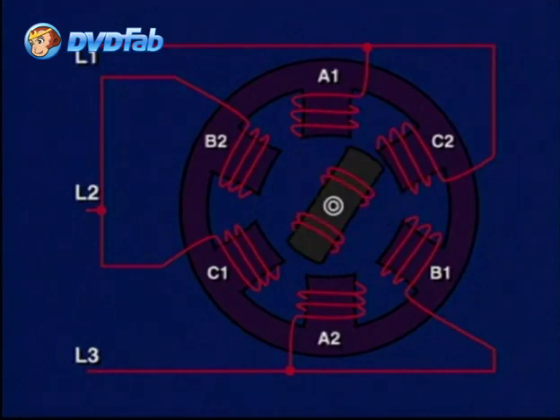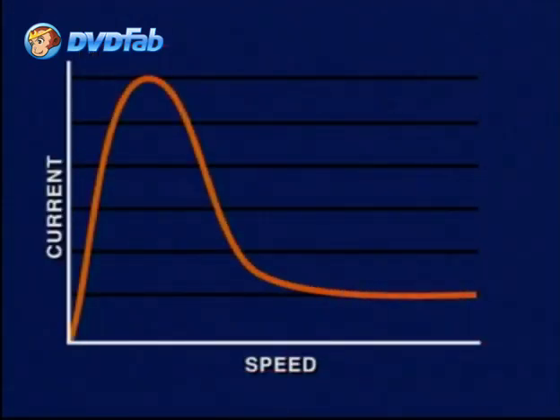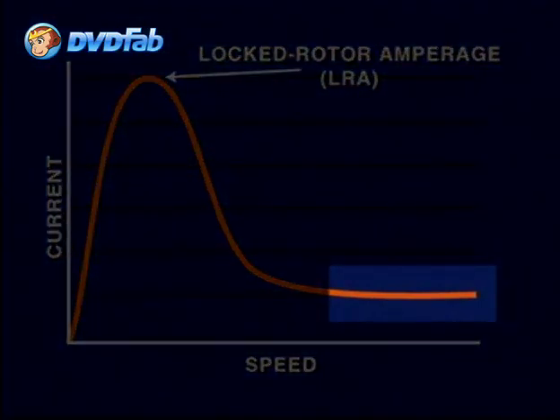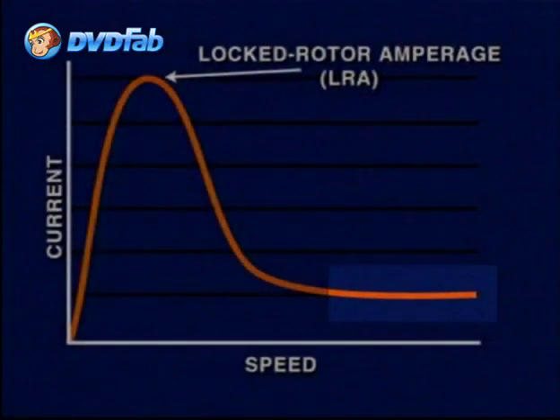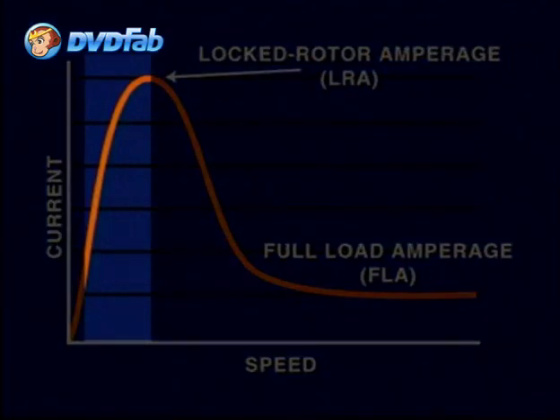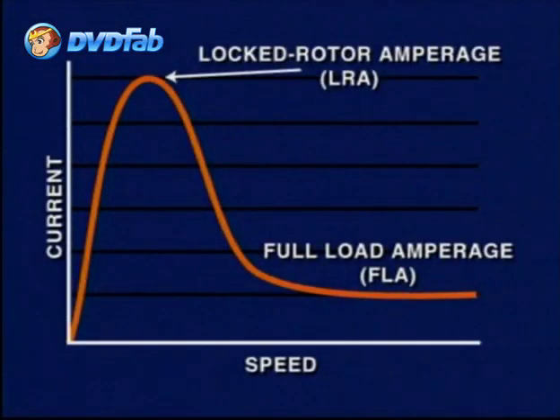As the rotor starts to move, current is induced and torque begins to build up. As the speed increases, the current required diminishes until full speed is achieved. At this point, the current required is maintained. This current is called the full load amperage, or FLA. The locked rotor current, or INRUSH current, at start is about 6 to 10 times that of the full load